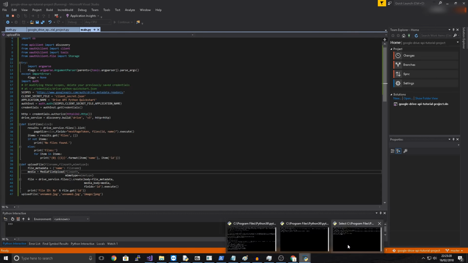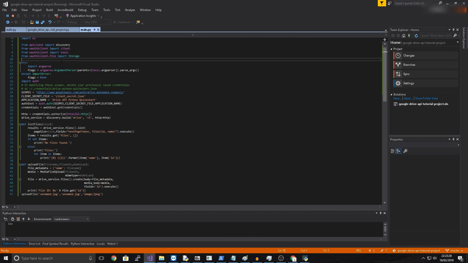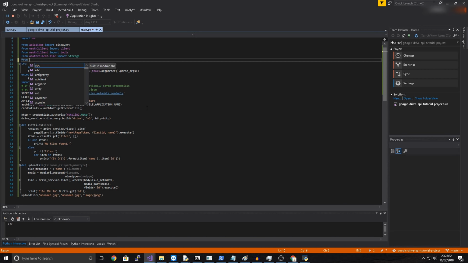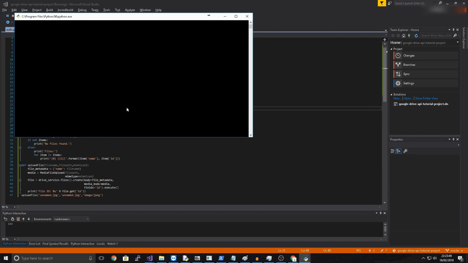Let's see. Now, the reason why we got this error and the reason why I left this part of the video in is because you have to make sure you have this part imported from their client section. So you have to do from apiclient.http import MediaFileUpload. So you can see that's something we need to have in. And if we just now run it,